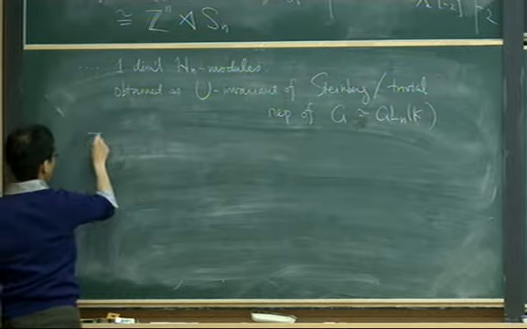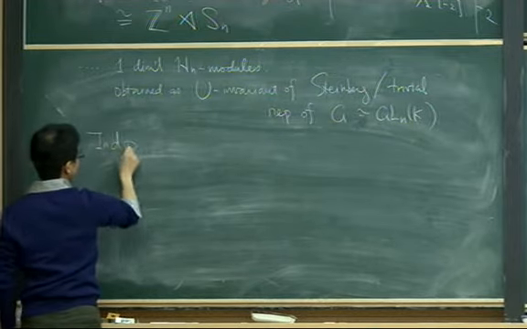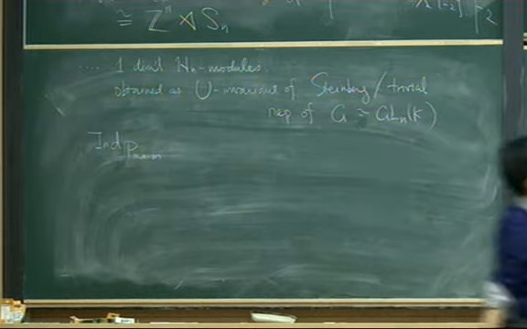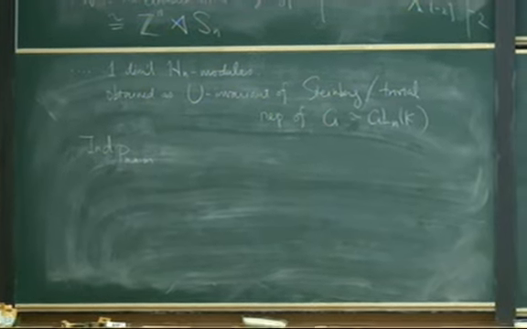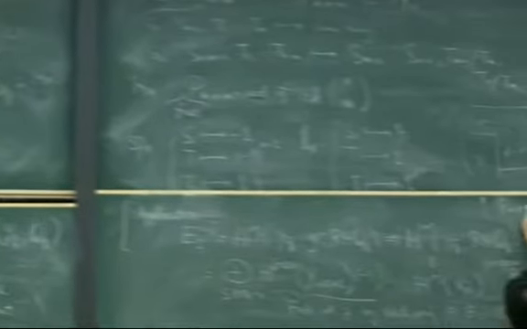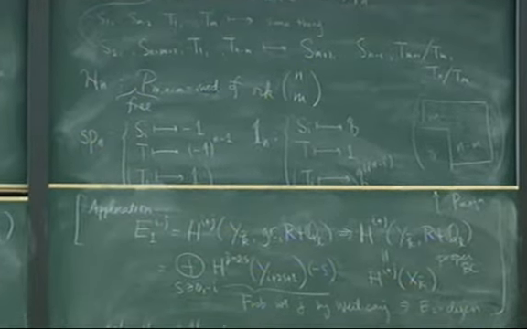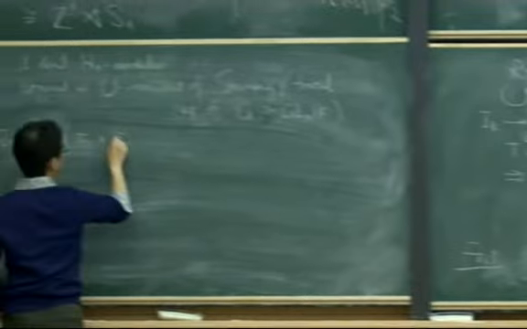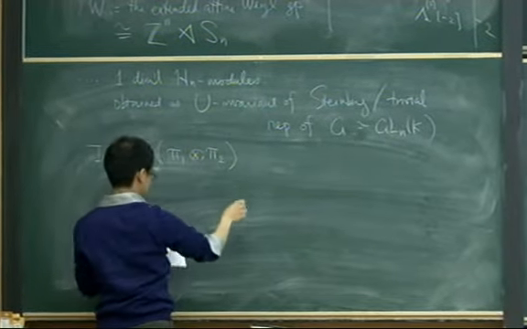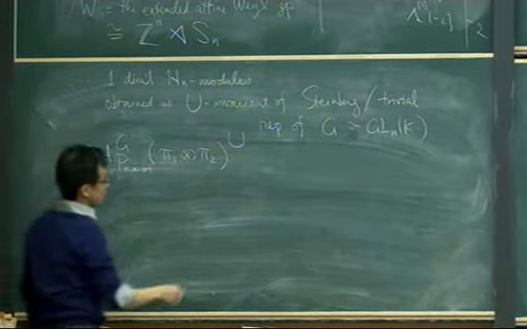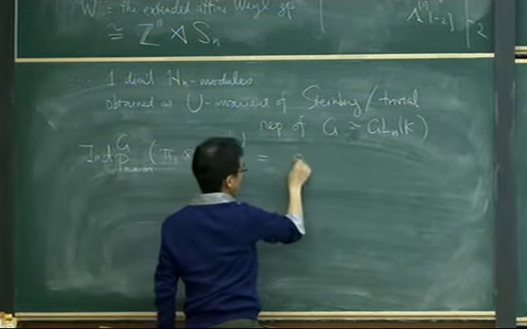And if I do the non-normalized induction, I call this parabolic subgroup Pm, n minus m, to G. If I do the parabolic induction and take the Iwahori invariants, then what I get is